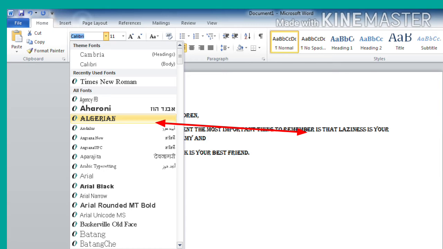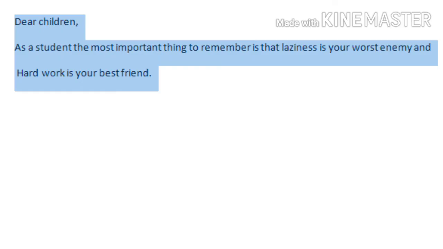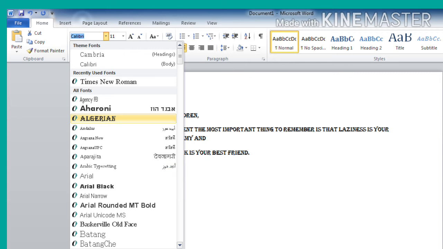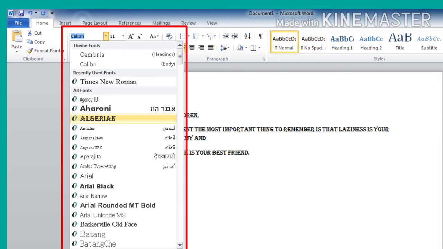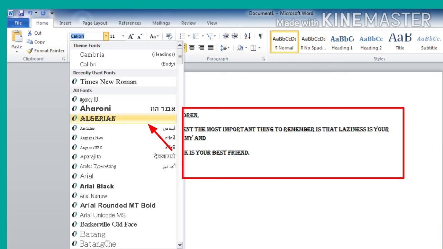In our previous classes, we have already learned about selection: how to select a line, how to select a paragraph. So after typing the text, just select all the text. I have selected here by pressing Ctrl plus A. Then I have clicked on the drop down arrow of the font box and selected the desired font. Here you can see my text appears in the selected font.